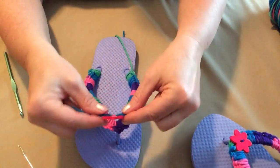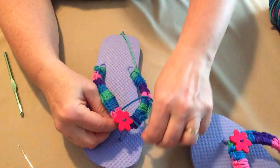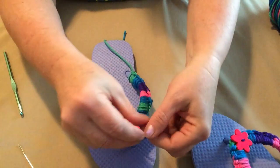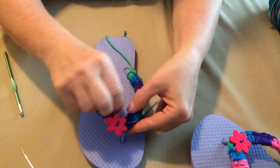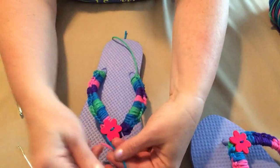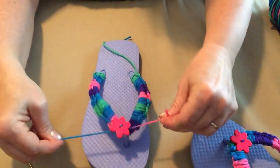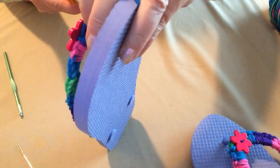And all I do is I just take that button and I wrap it around a couple of times, make sure it gets where I want it to go, and I tie a couple of knots. Now make sure your knots are not against your feet or it's going to hurt. And I'll even go around like this and around like this. And then that knot goes right up underneath that flower, because again, you want that flower to stay put. And that's just a really quick and easy way